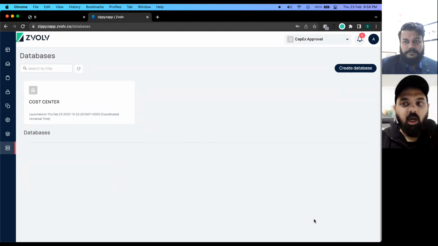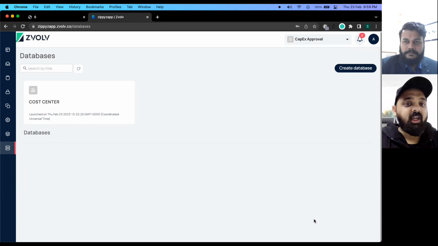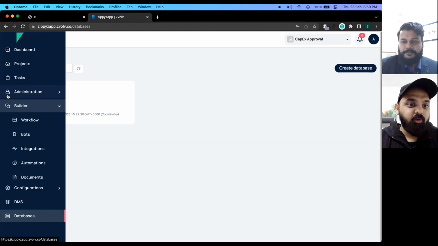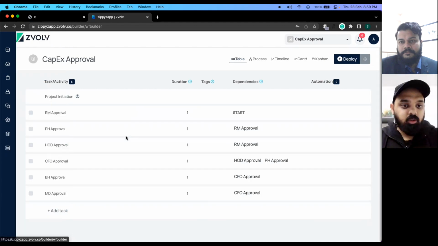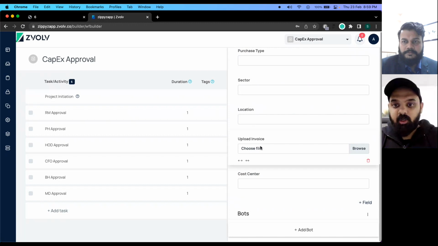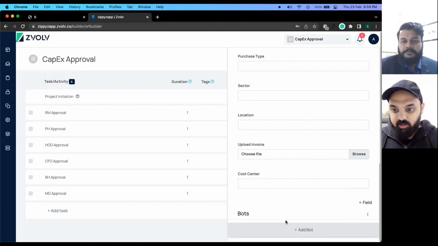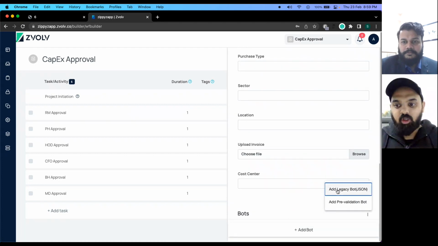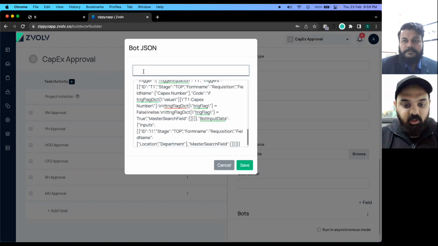Okay, so Shivam, as you saw how easy it was to make this database, we can make all the databases that you need. But in interest of time, let's move on to the third layer, which is automations. Sure. One of your asks was a way of identifying each of these requests. So let us just create an automation for having a requisition number that is generated every time a new request is raised. So let me quickly add that. I have this automation built, and it is a part of our library automation. So let me just copy and paste that here quickly.